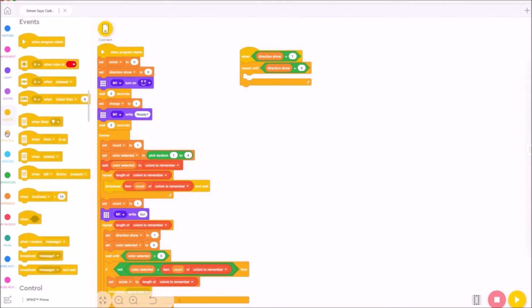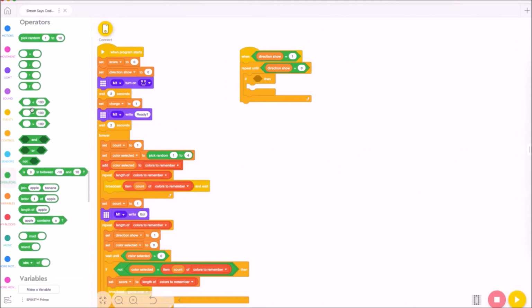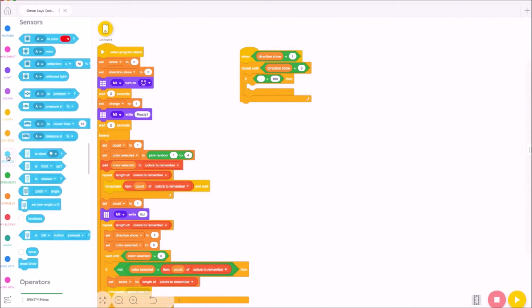So let's get these things displayed. We're going to go here to our control and bring in an if block. And if our operator of greater than, and this time we're going to be using the gyroscope, the roll and the pitch angles of the gyroscope that's built into the intelligent hub, and just kind of give it a leeway here of when it can detect. And you can play with these numbers here a little bit if you want it more sensitive or less sensitive. If the roll, so we can see this pitch angle, we're going to change this to roll. We'll use this drop down menu. If roll angle is greater than 10,